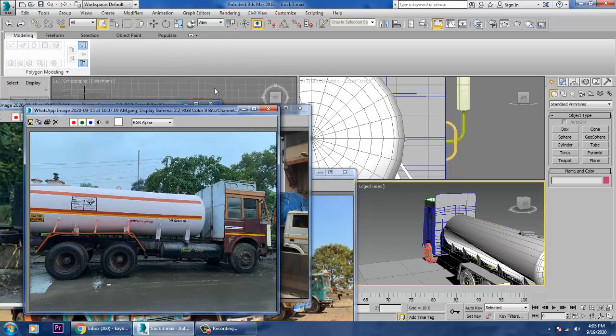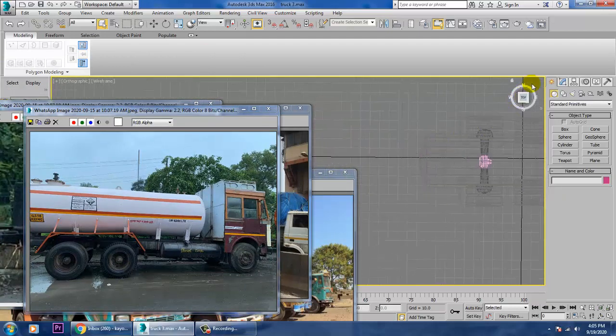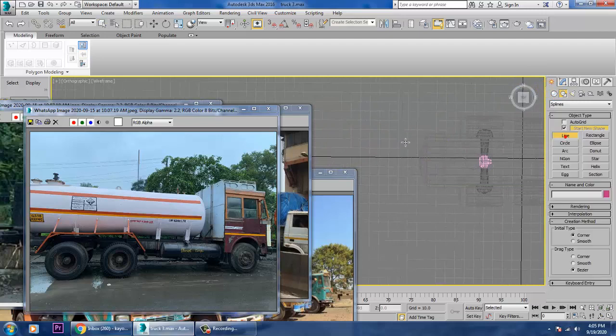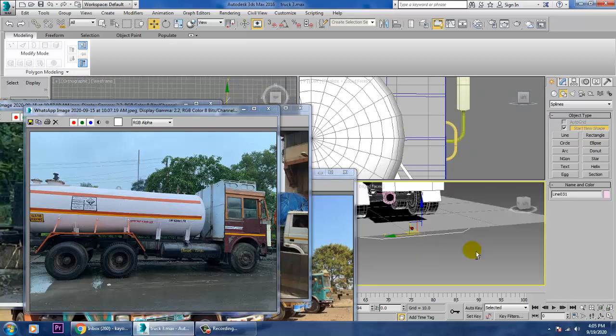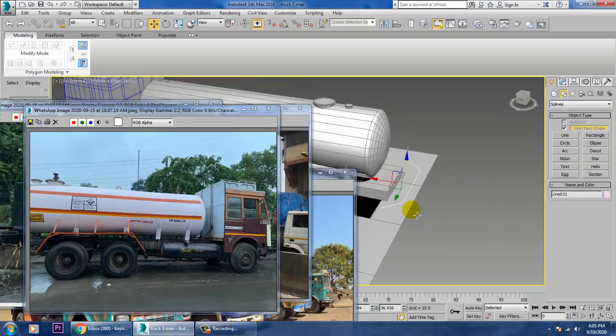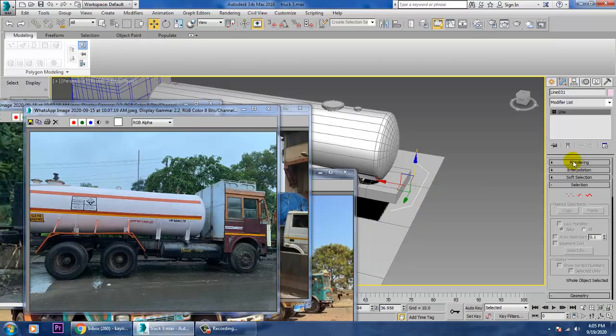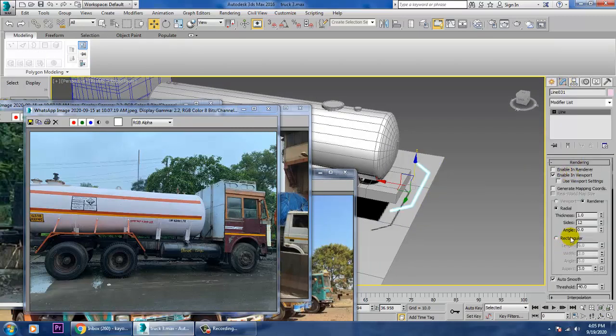In the top view, I'll go over here and just take a line. After taking a line over here, just push this line a bit up, and enable rendering in viewport, and increase its size over here.